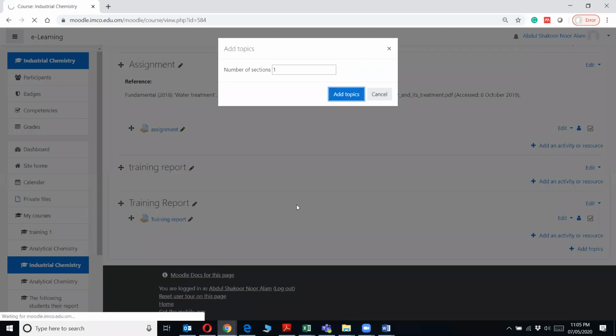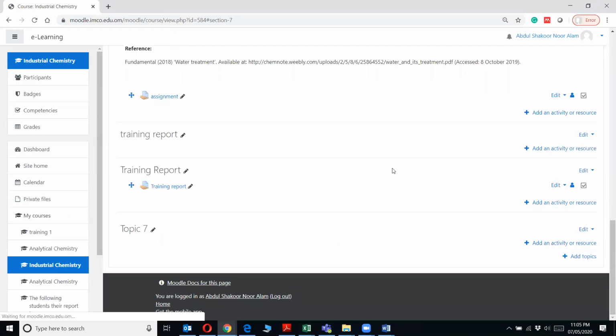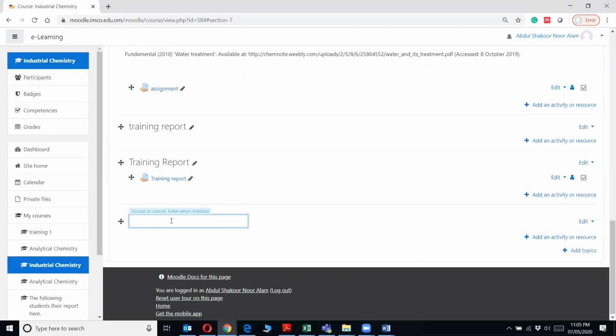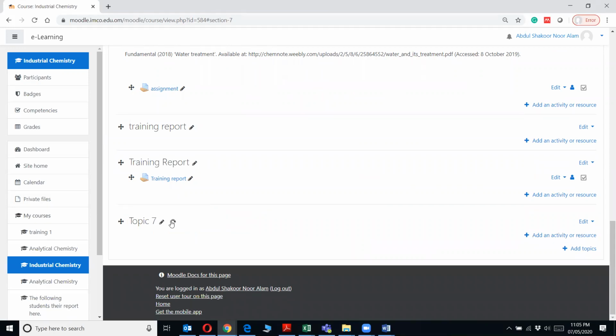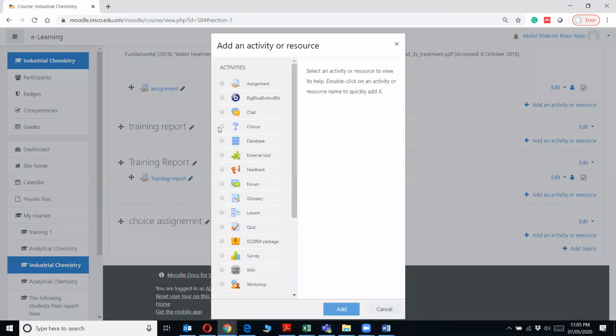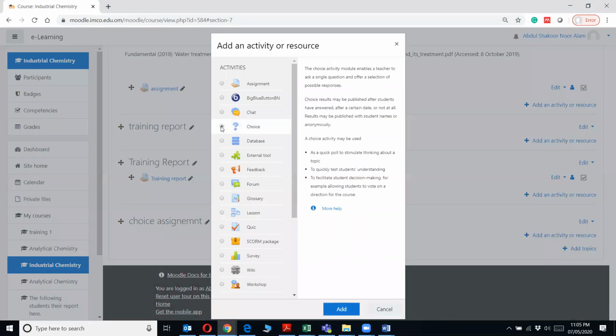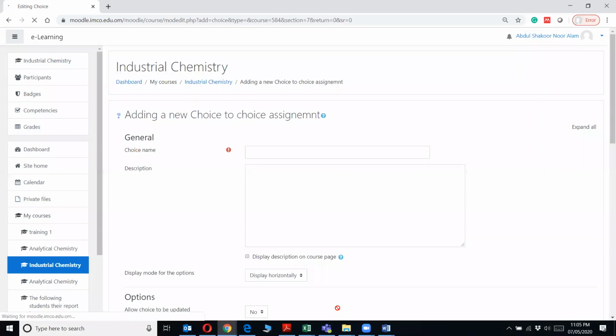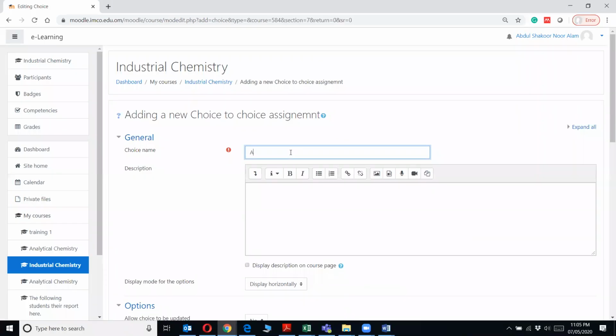Add a topic. This topic is choice assignment. In the choice assignment, you just add an activity. Here you have to go to choice, and you name it assignment.